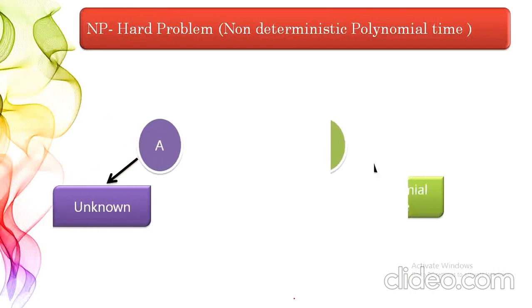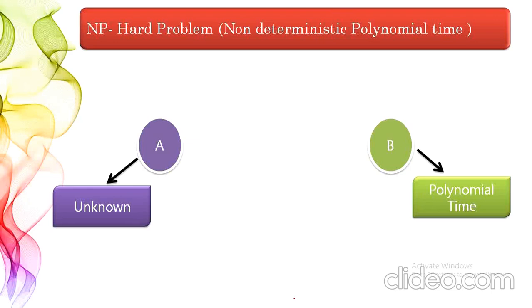Here you can see 2 types of problem, A and B. I know only that problem B can be executed and successfully completed to get the solution in polynomial time. But I don't know whether problem A will perform in polynomial time or non-polynomial time. So at this moment, what I want to do is, I just want to convert or reduce my problem A into problem B. Then automatically I can get the solution in polynomial time. So this type of problem is called as NP hard problem.